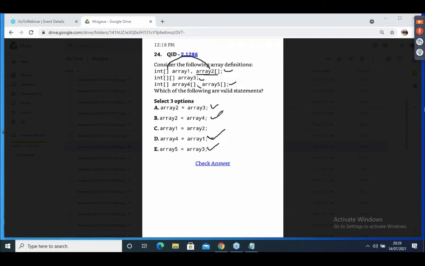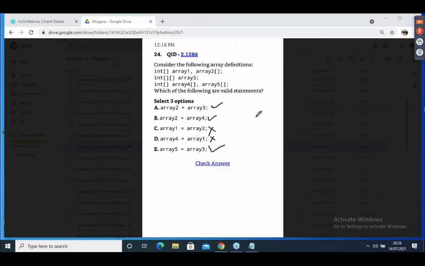AR2 to AR3, AR2 to AR4, AR1 to AR2 is also correct. Okay. AR2 to AR3 correct. AR2 to AR4 is correct. AR1 to AR2 is wrong. AR4 to AR1 wrong. AR5 to AR3 is correct.